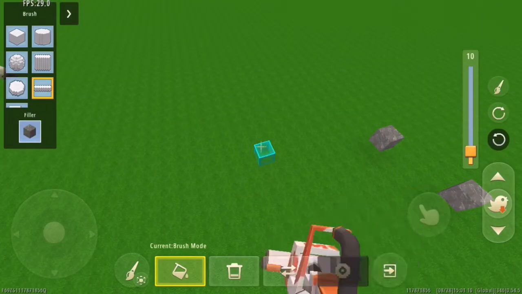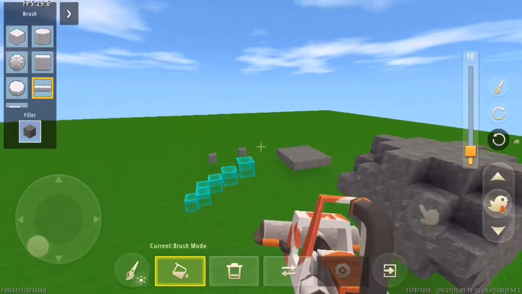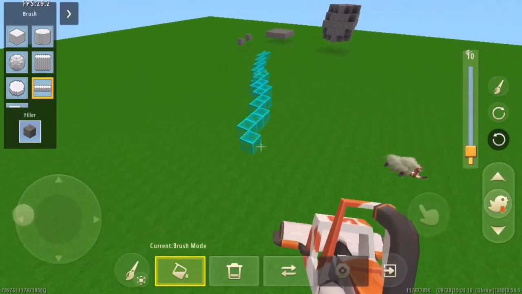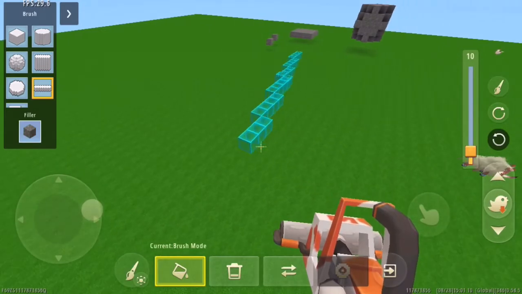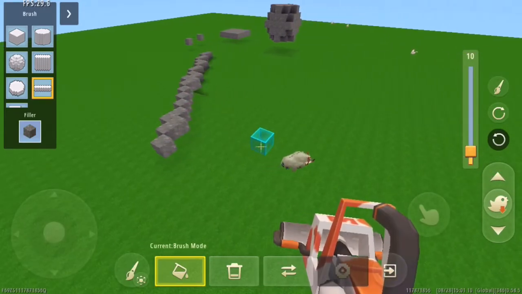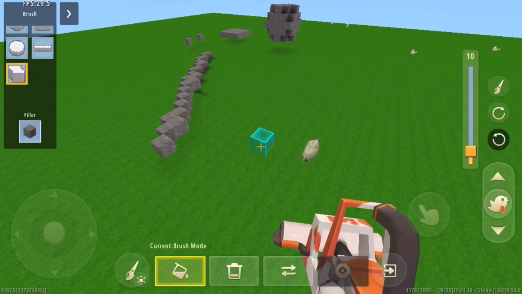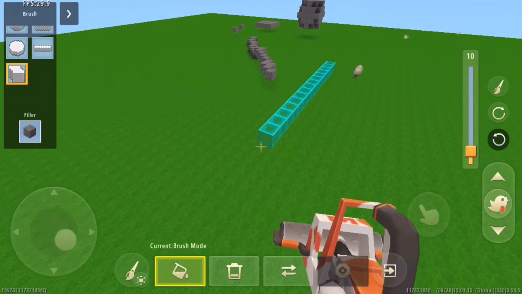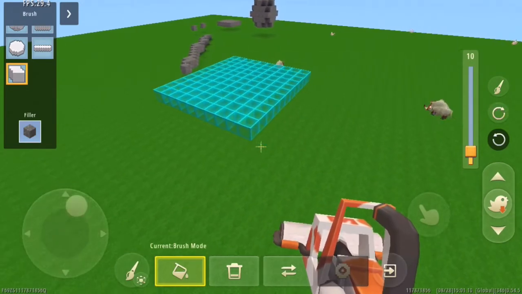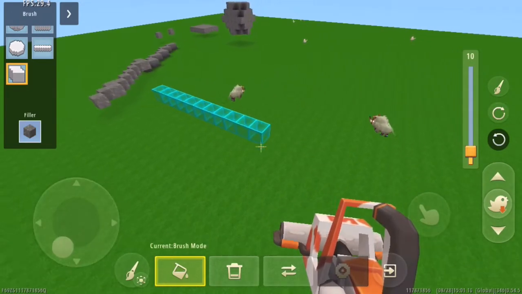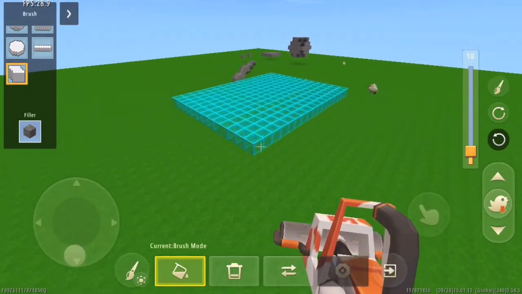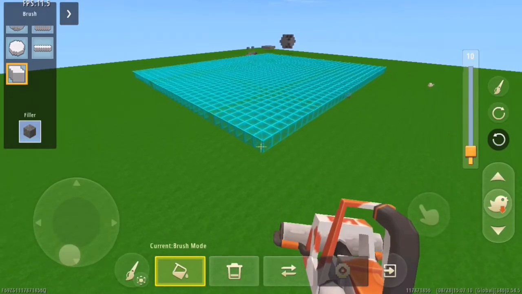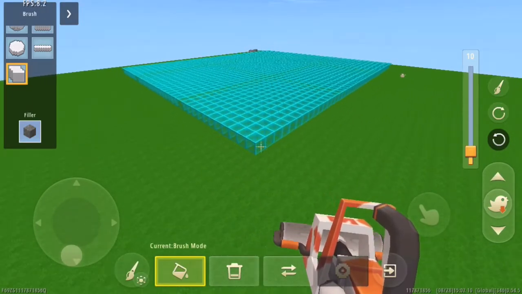This one here makes lines, so basically you just push the button and that marks out a place, and then you can just bring it in whichever direction you want and it makes an even line. At least as even as can be expected when you're dealing with blocks. This one, you do the same to start it. You just click the button and it marks it, and then you can make it however long or wide or just big you want. This thing does get pretty massive.